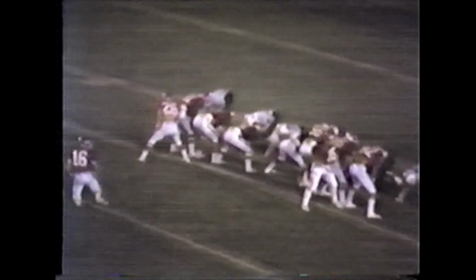A run by Dudley Phillips. They gave the ball to Mitchell House coming to the right. Dudley Phillips was in motion. They give it back to Dudley again, and Dudley found a big hole at left tackle, cut toward the middle, cut toward the near sidelines, and went all the way down for another Dalton TD. I thought it was knocked out of bounds at around the 15, but they say he stayed in bounds for another Dalton touchdown. Roberts has 3, Wilson has 1, Dudley Phillips has a